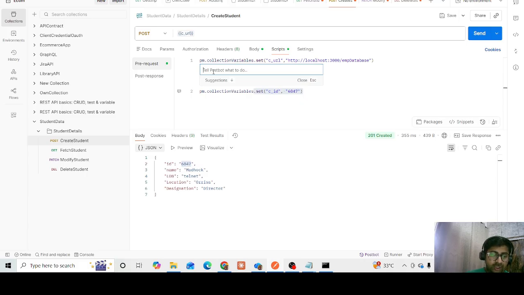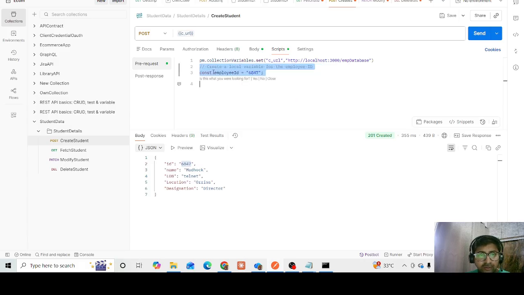So I will tell it: create a local variable for ID. Okay, let's see how it is going to work. So this has created the local variable over